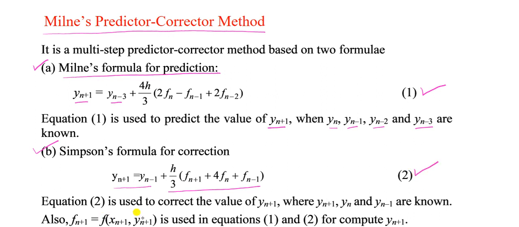Equation 2 is used to correct the value of y(n+1) where y(n+1), y(n) and y(n-1) are known. Also, f(n+1) is equal to f of x(n+1) comma y(n+1), which is used in equations 1 and 2 to compute the value of y(n+1). So, I will explain this concept with the help of a numerical problem. So, the problem is